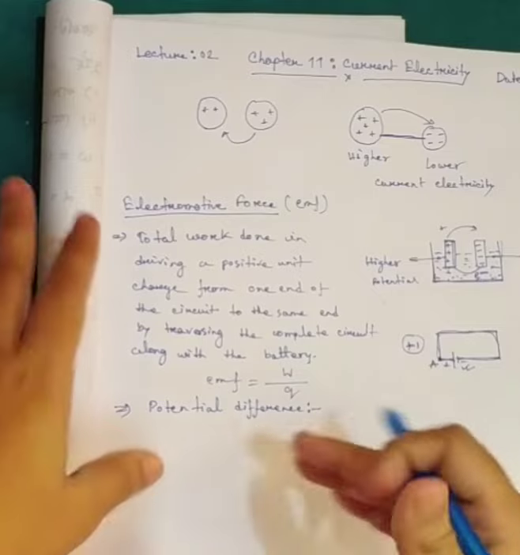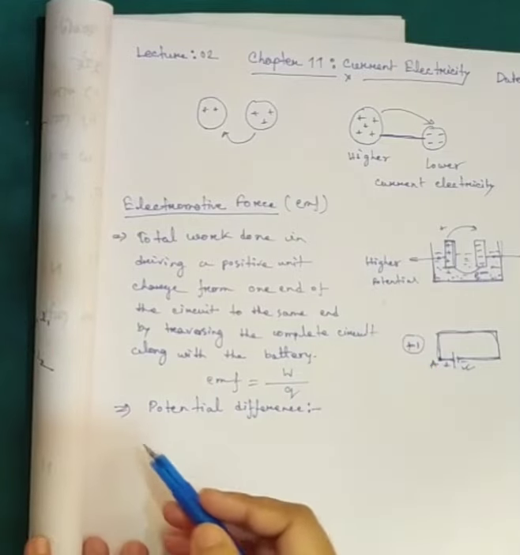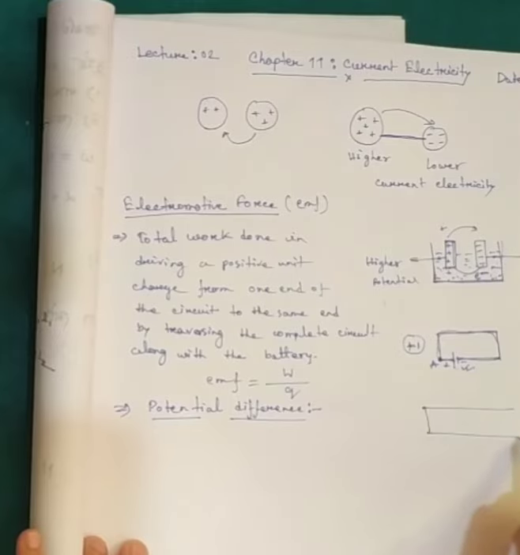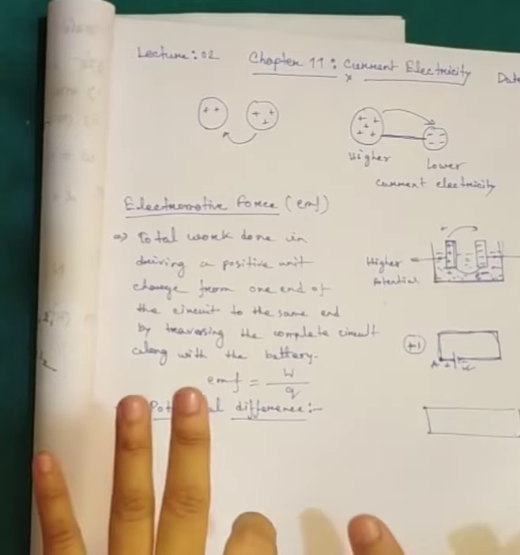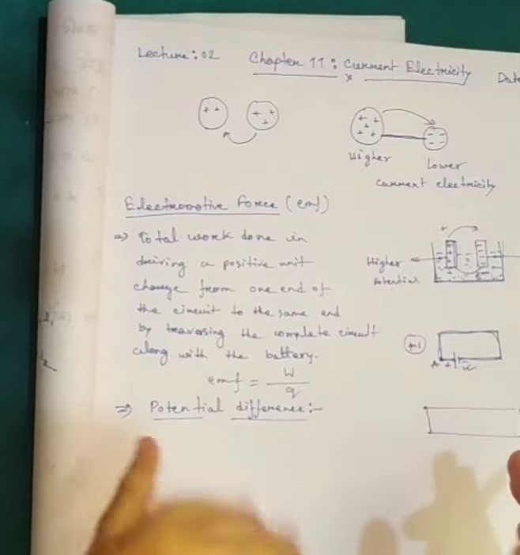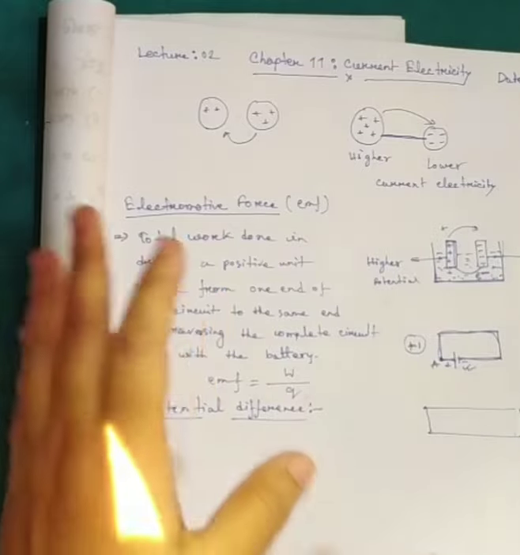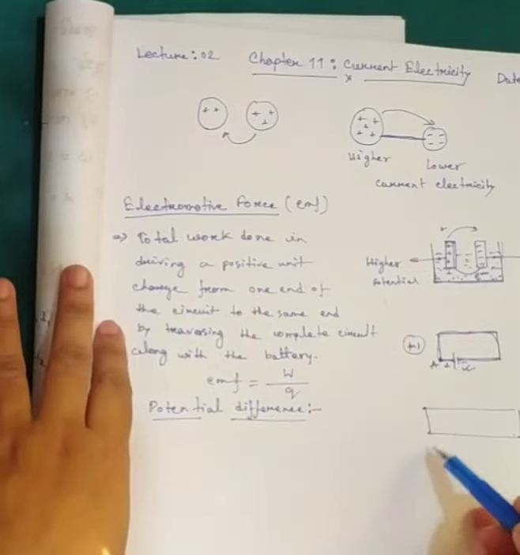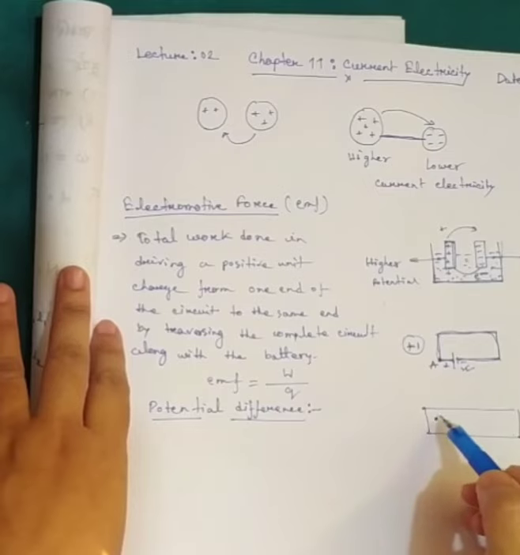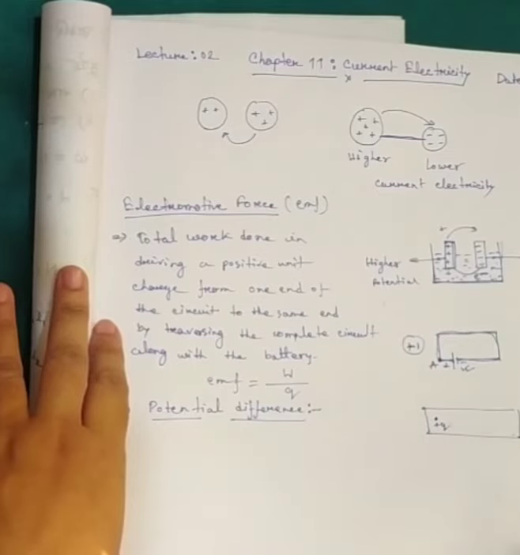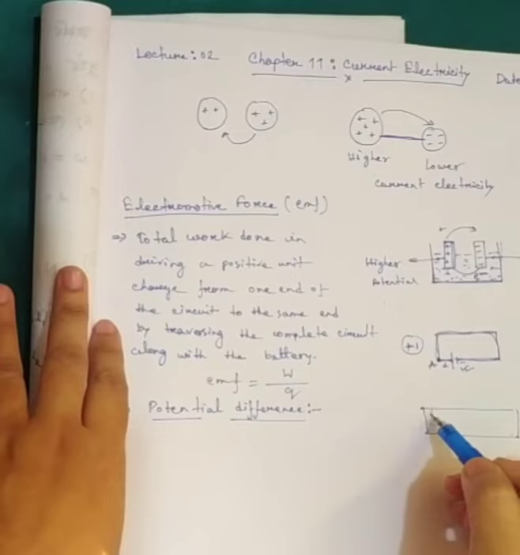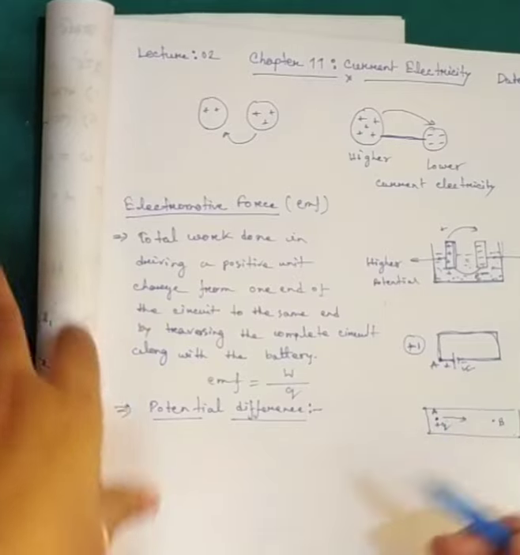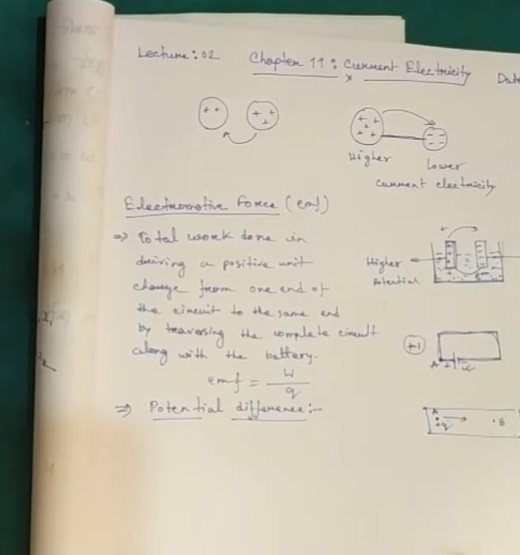The definition is quite close, just like electromotive force. Potential difference, what is potential difference? If we just assume an electric field over here, you know about electric field, একটা চার্জ তার আশেপাশে যতটুকু এরিয়া জুড়ে তার প্রভাবটা বজায় থাকে, that is called electric field. So এরকম একটা ইলেকট্রিক ফিল্ডের একটা পয়েন্টে একটা ইউনিট চার্জ আছে, ধরো এটা এ পয়েন্টে একটা চার্জ ছিল, তাকে আমি বি পয়েন্টে নিয়ে যেতে চাই। So নিয়ে যাওয়ার জন্য একটা কাজ হবে, that is called potential